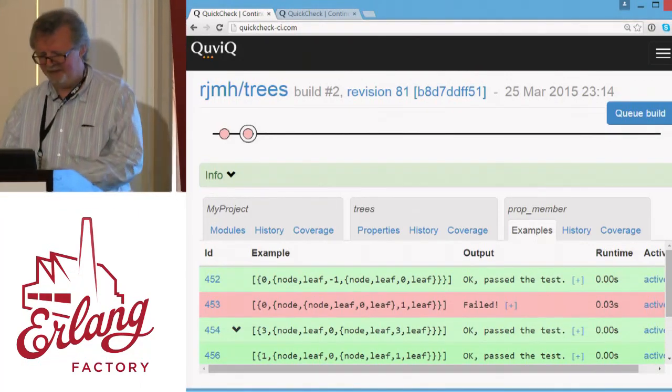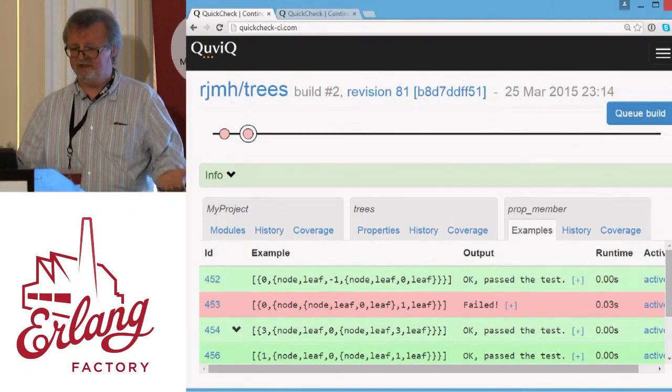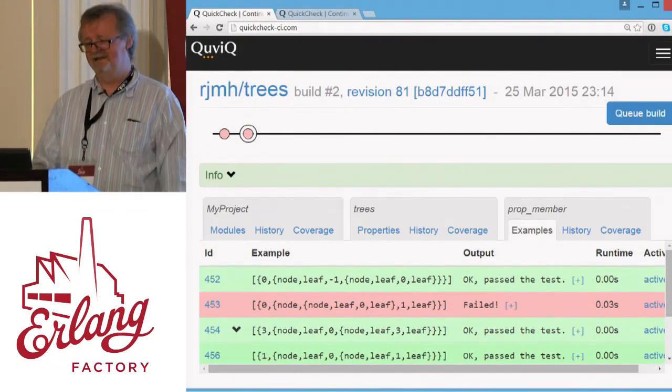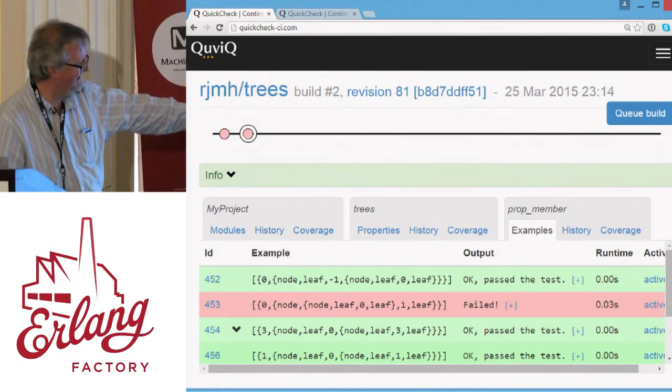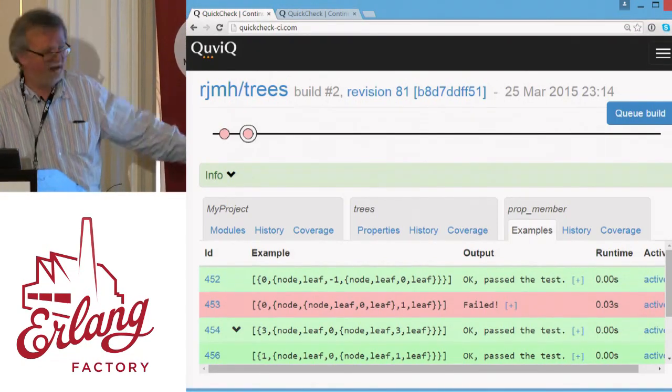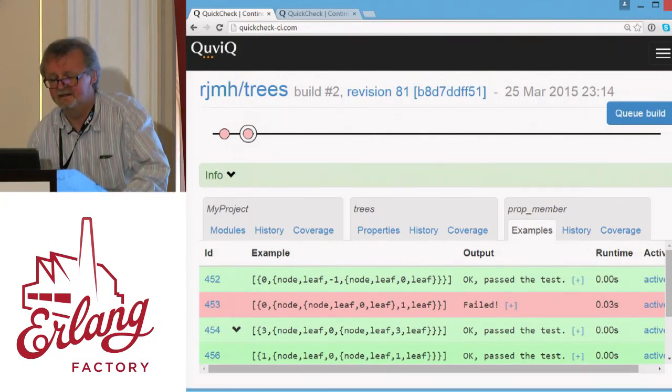One of the things that can be a bit depressing when you're using QuickCheck is that you run QuickCheck, it finds a bug, you fix it, you run QuickCheck, it says, here's a bug. So you can't see that you made progress. But here we can. All of those test cases that QuickCheck previously found now pass. But the second one still fails. So let's have a look at that one.